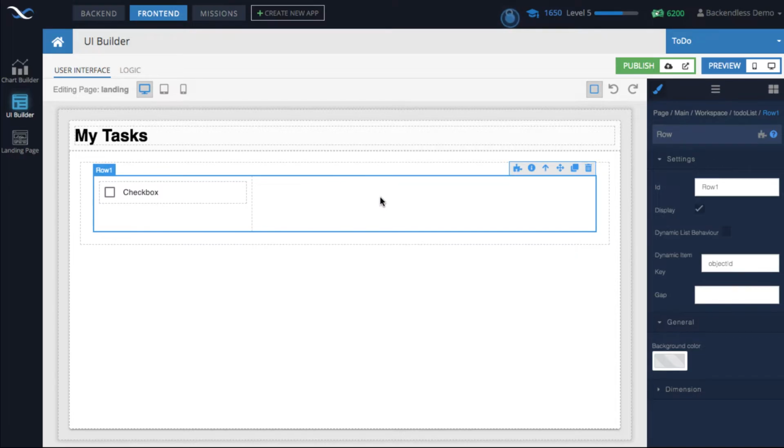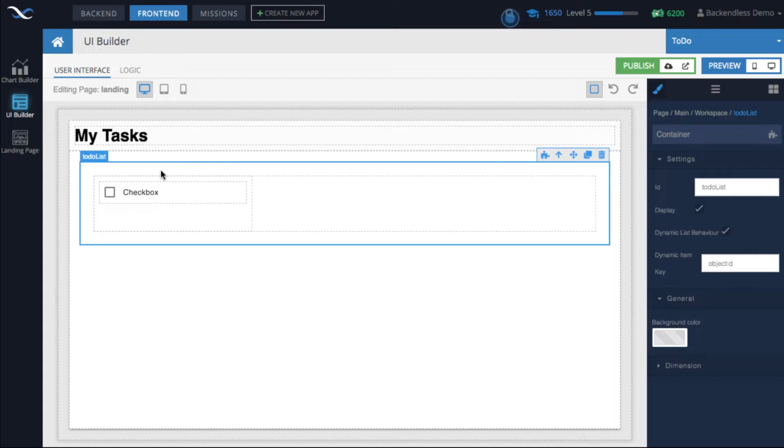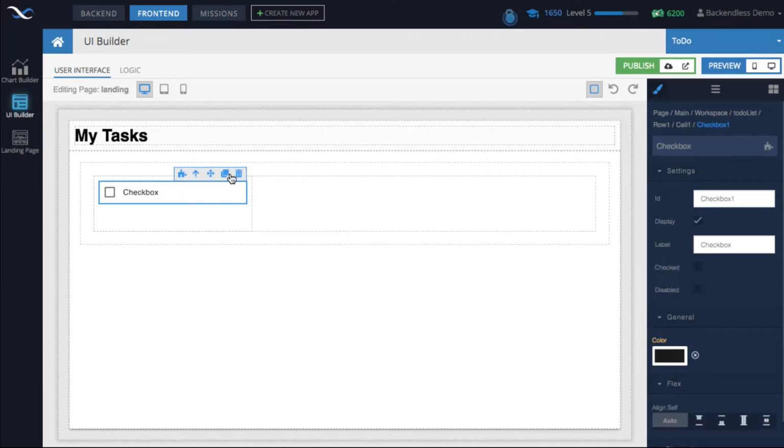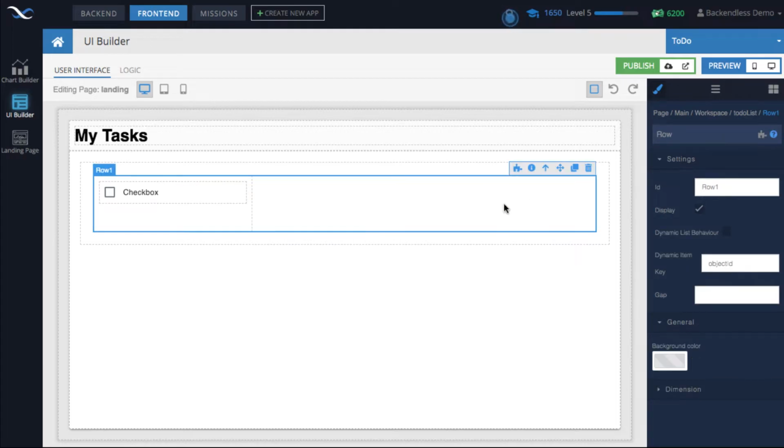Now, the logic for assigning data to this to-do list, to that container, needs to be somewhere. And in UI Builder, all the logic is done using Codeless, and you will see in a second how it works. But take a look. Whenever you select any one of these components, there is going to be like this little toolbox, I guess, or tool panel, and one of them has this jigsaw puzzle, which is switch to the logic section, this one. Whenever you click on that jigsaw puzzle, you will be switching to the Codeless section in the context of whatever component you came from.